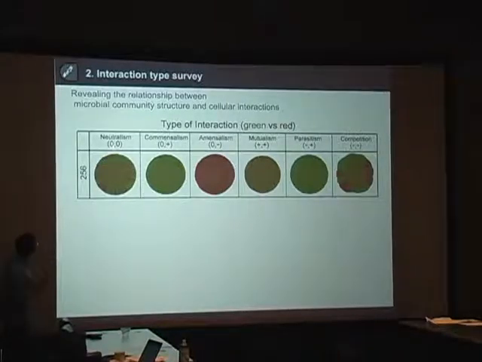For instance, here is the case of neutralism, where green and red, two cells, do not have direct chemical interaction. For the case of mutualism, green and red, two types of cells, benefit each other. While for competition, the two types of cells kill each other. Interestingly, we found that in these different types of social interaction, and the species,